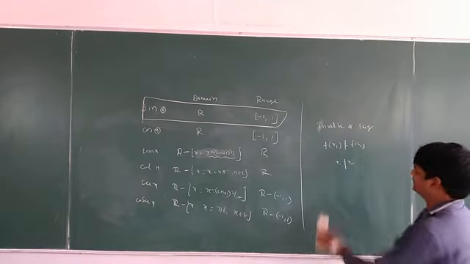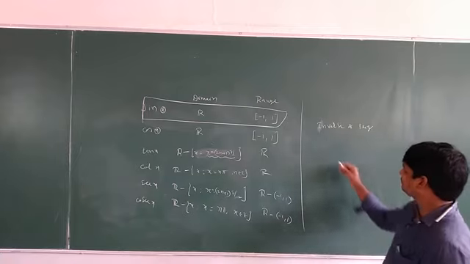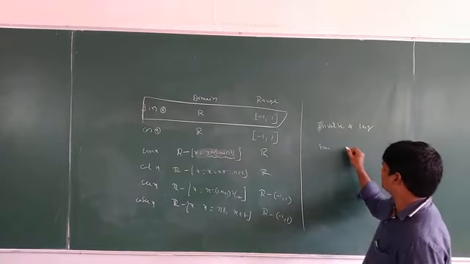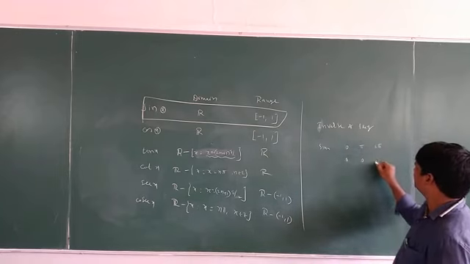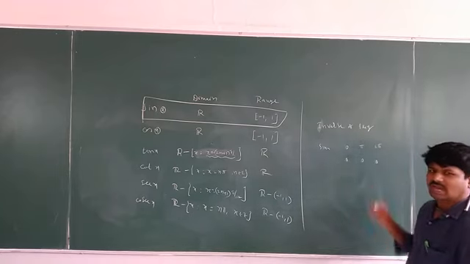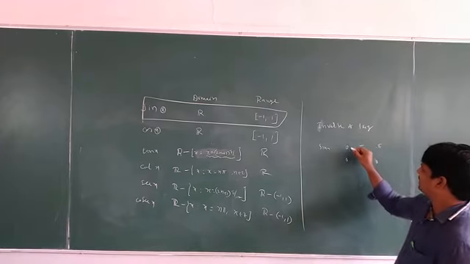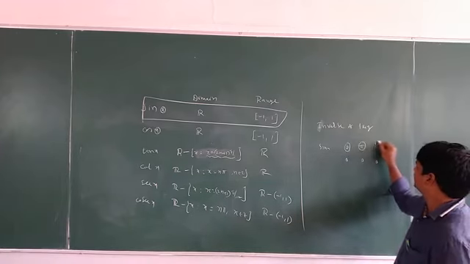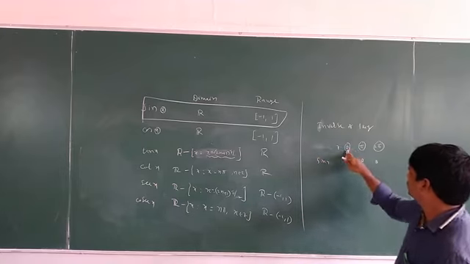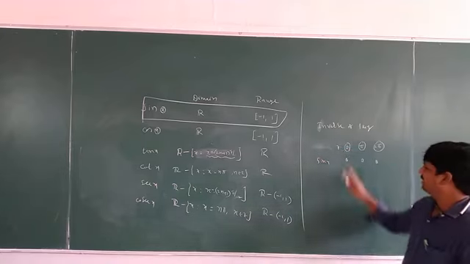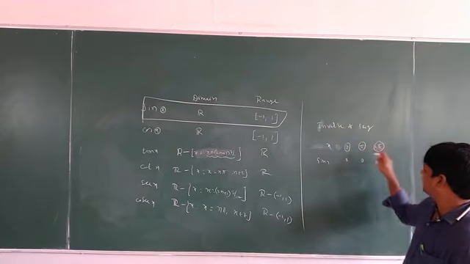Just observe here. For sine, I am taking sine 0 is 0, sine pi is 0, sine 2 pi is 0. Yes or no? Just see, 0, pi, 2 pi are x values, right? It is sine x value. The x values are 0, pi, 2 pi and so on.